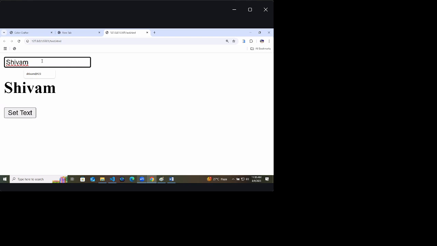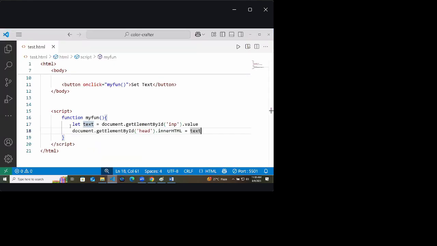But how will it look if I am just typing S here, and inside the heading it came, no button required, SHIVAM. Nice. Whatever I am typing, that is called two-way data binding. That is called two-way data binding. But for understanding that, let's do something now.